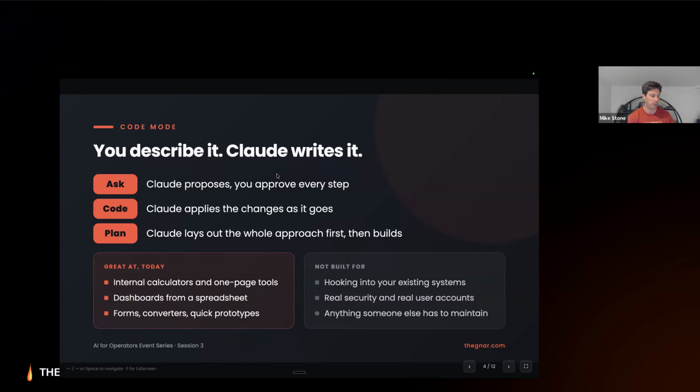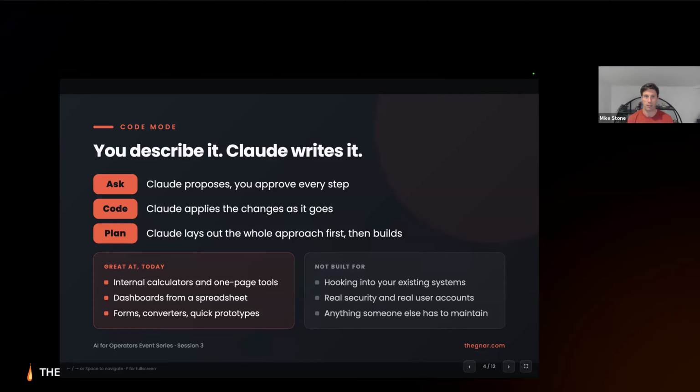This is the first session where we're going to get into Claude Code. Our past sessions were working in different modes like co-work. Now we're going to start actually producing code from the work that we do. And Claude will actually write software for us. So you do not need to know how to code. You just need to know how to describe what you want in plain language, and Claude's going to write the code for us. And then we can ask for whatever changes we want.